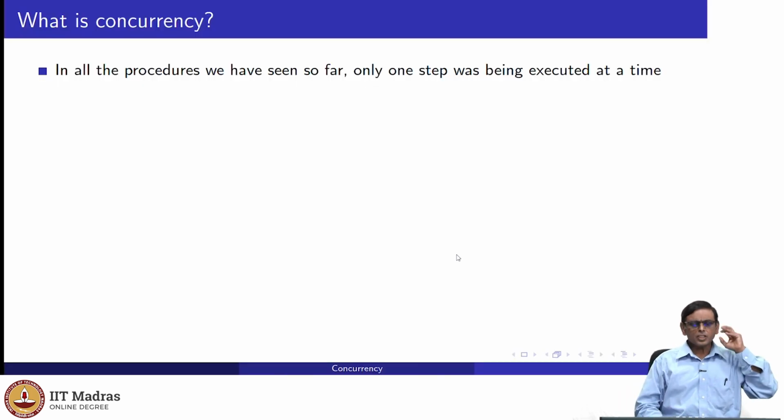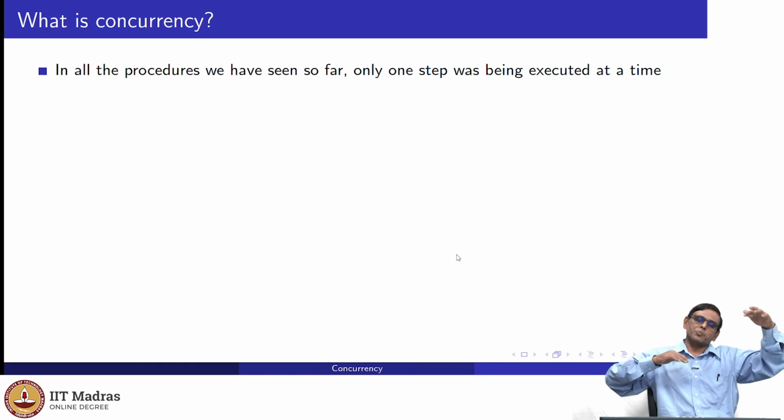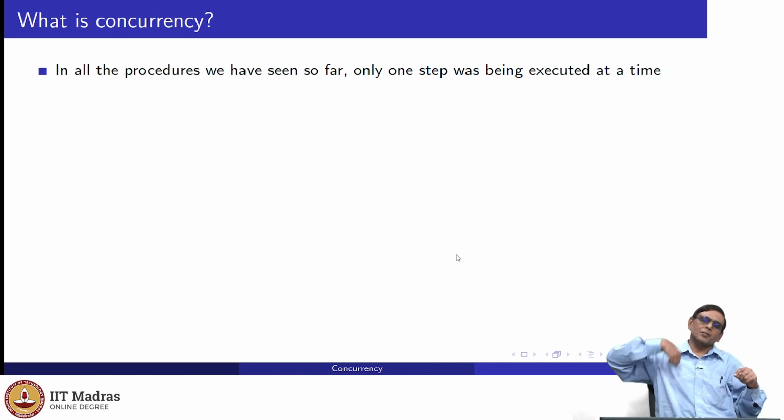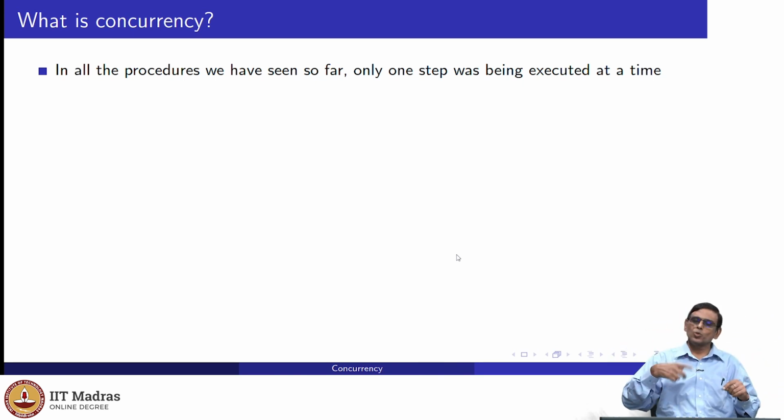Specifically, in the procedures we have seen so far, there is only one step at a time. A procedure contains a sequence of steps. Steps can be iterated or repeated, you can do loops, and you can do if-then-elses, but at any given point in time if you ask where you are in the code, you can point to exactly one line and say this is where I am. At any given point in time you are at one step, and that's the only step that will be executed. Once that step is executed, it might move to another step based on how the code is structured, but only one step is executed at a time.